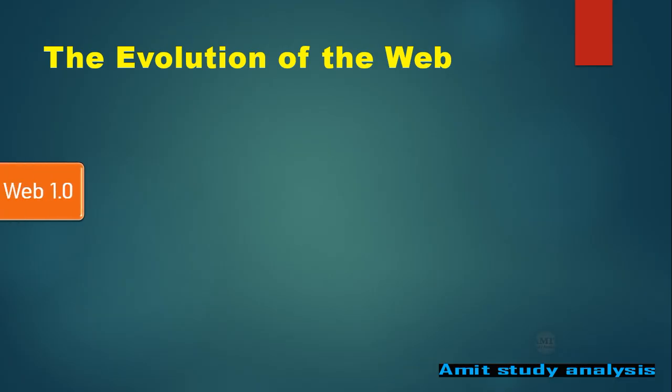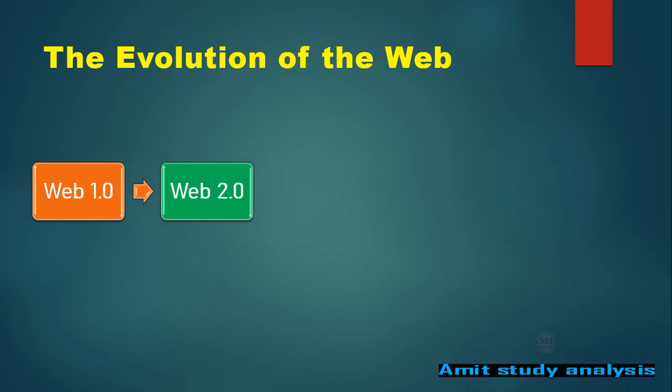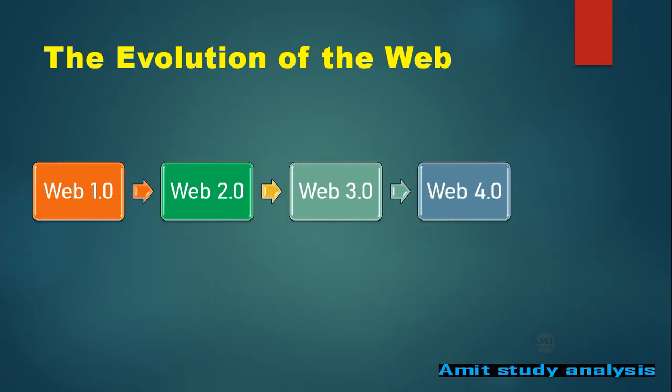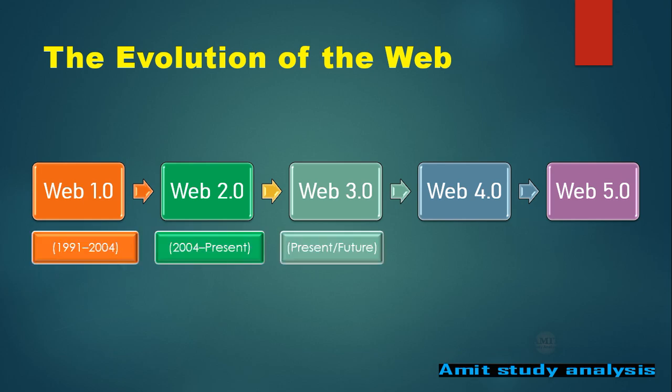We can say first comes web 1.0, then web 2.0, then web 3.0, then web 4.0, and then 5.0. If you talk about the timeline, web 1.0 comes in 1991 and its period was